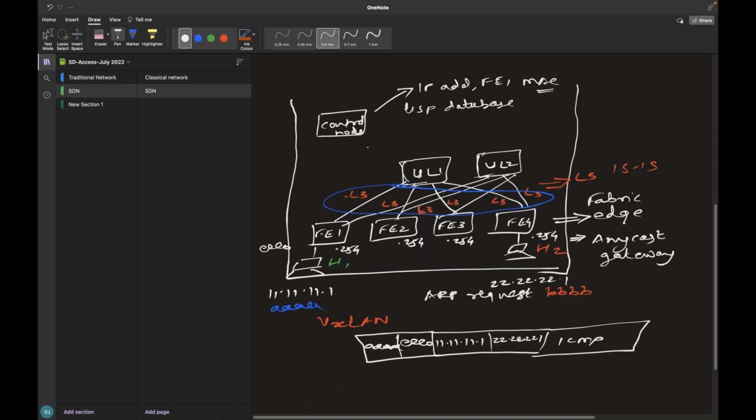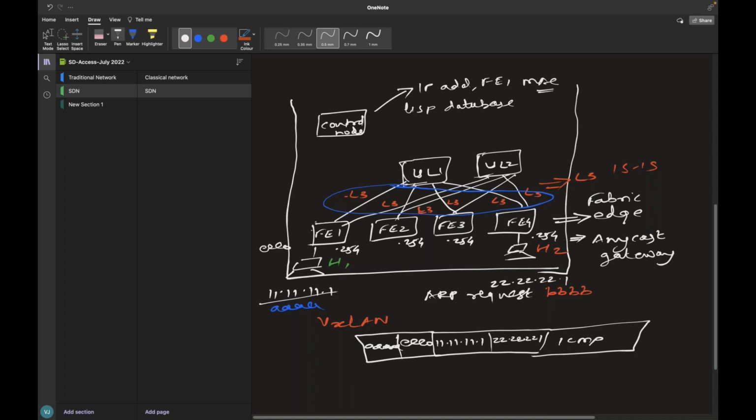All right. So basically, the control node now knows Host 1 is connected to Fabric Edge 1 with this IP address, and Host 2 is connected to Fabric Edge 4. When the packet arrives at Fabric Edge 1, Fabric Edge 1 should send the packet across to Fabric Edge 4.